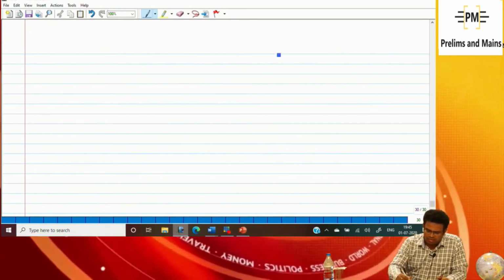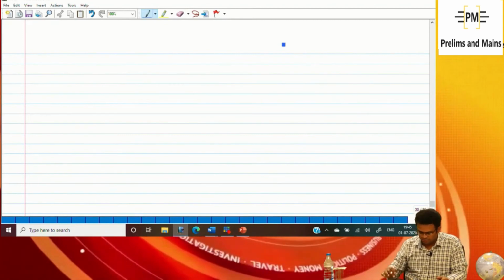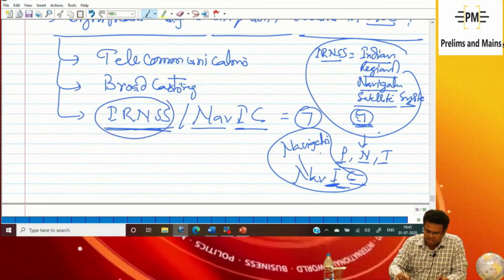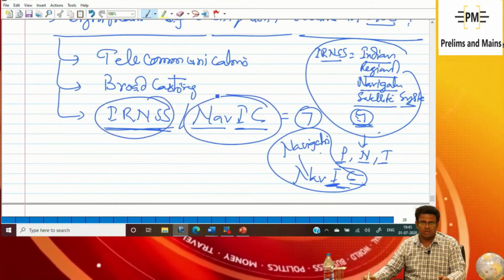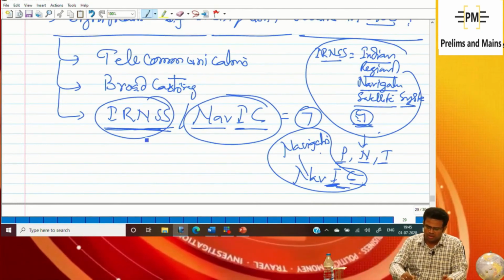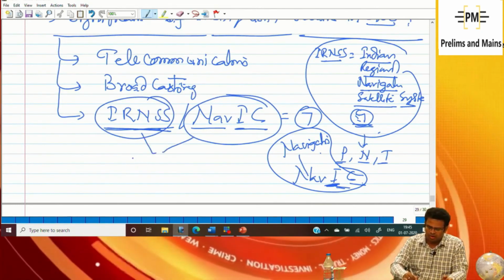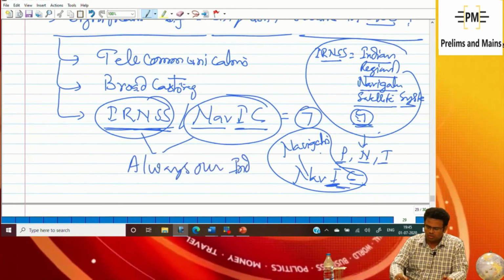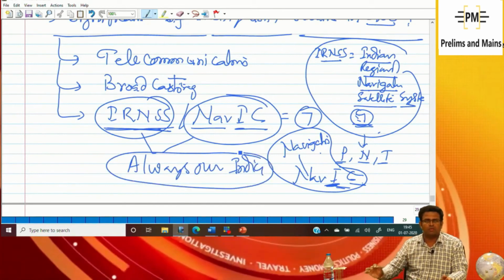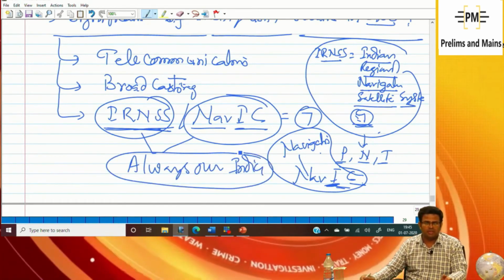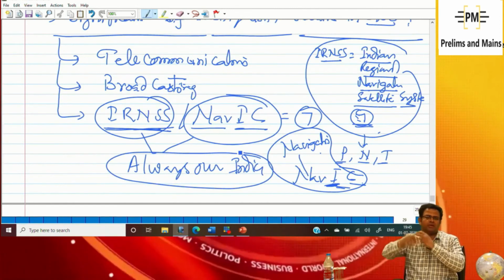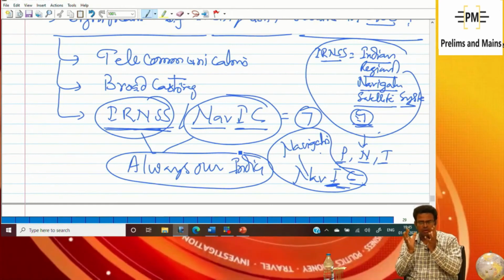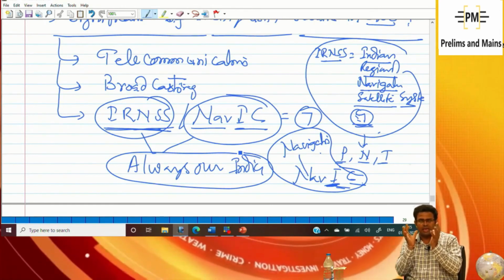In the geosynchronous earth orbit, here it is IRNSS, the navigation of Indian constellation. One important thing you can remember is that it is always over India, so it will give better navigation. That much you can remember right now. It is better than GPS. If satellites are at a lower height, there will be several satellites and the antenna has to move here and there, so somewhere we are not able to get